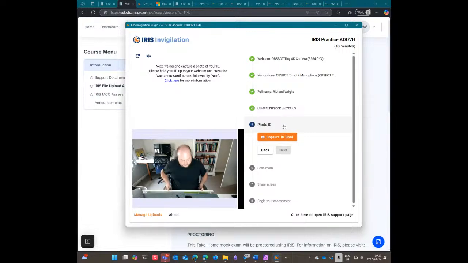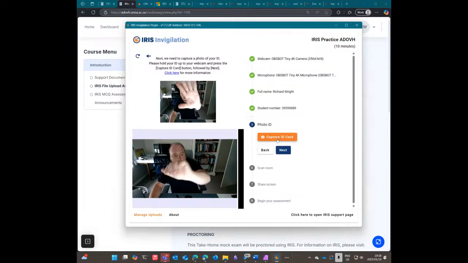Remember, I saw quite a few questions in the chat about what identification you can use if you don't have your ID document. You can use your car license. If you've got a Unisa access card for a campus, you can use that as well. Any official identification where you've got a photo on it, you can basically use. Unfortunately, I don't have my card here with me now. You basically hold this up to the camera, so make sure you can read what's on there, and you just select capture ID card. So just pretend in this case that I've got my ID in my hand,